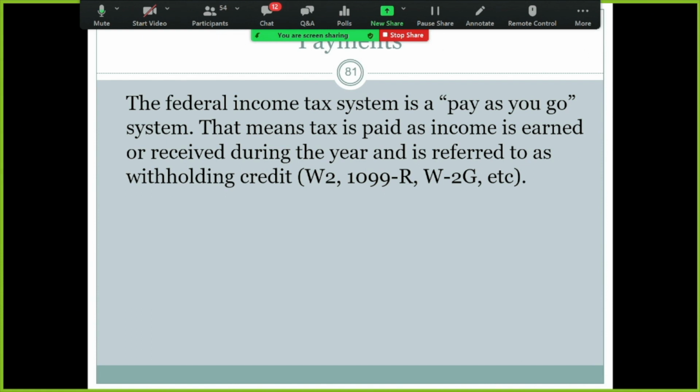So for those W-2 individuals, typically when you start your job, if you're starting a new job, you have a W-4 that you have to complete. On there, you have to let them know, are you single, married, are you maybe married but want to withhold at a single rate? Do you have any dependents that you're going to claim on the tax return? And so based on how you answer that W-4 determines the amount of federal taxes that is withheld from each paycheck. The same thing for the 1099-R, completing a W-4 to determine the federal taxes withheld, as well as